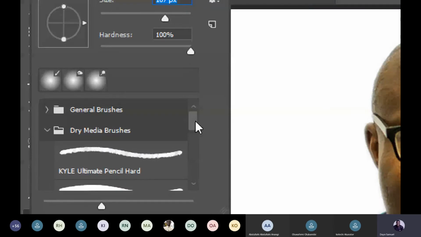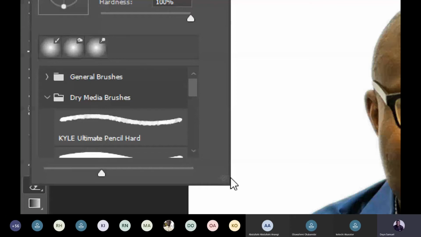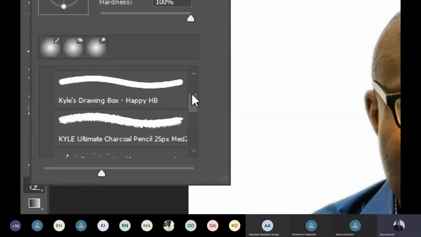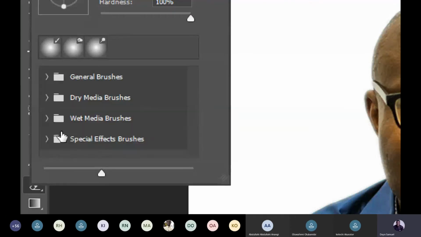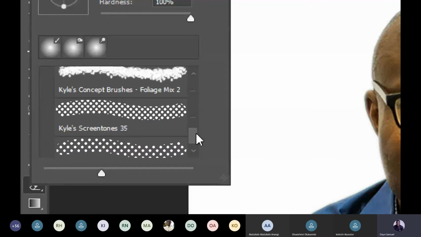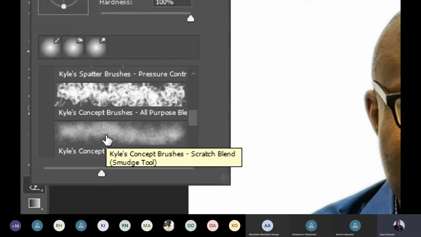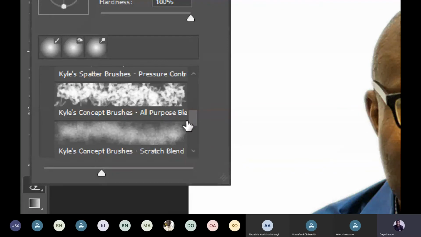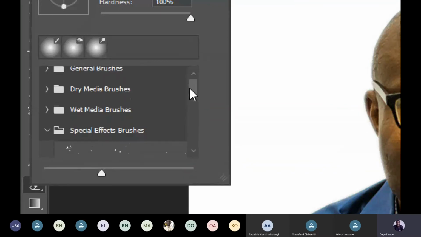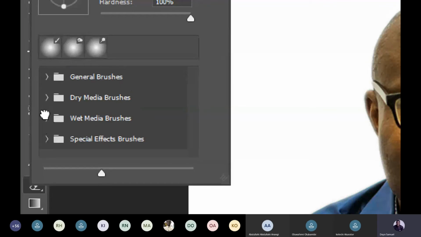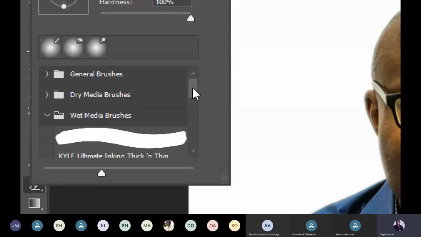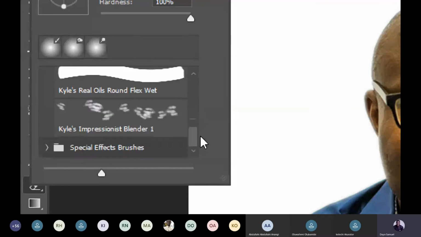So let's scroll down. Before I start moving, so that I don't create what I don't want to create, what I'm looking for is simply a square brush. So let's look at special effect. Let's check this special effect. This is not what we're looking for. You can even use something like this. Can you see that? This Cars Concept Scratch Blend Smudge Tool. So you can even use something like that. But what I particularly want to use here is